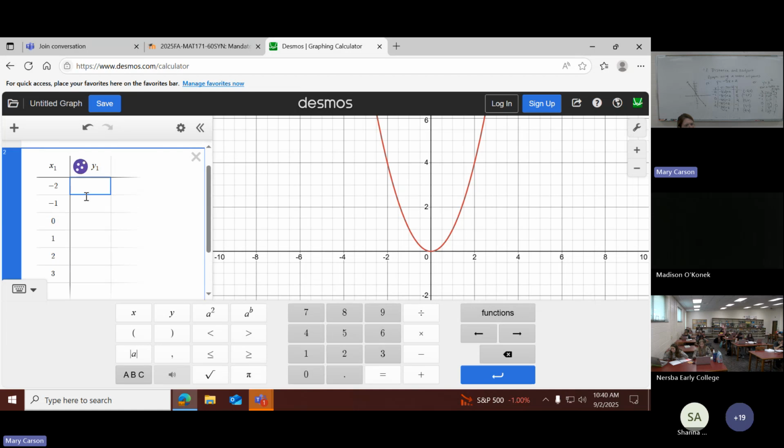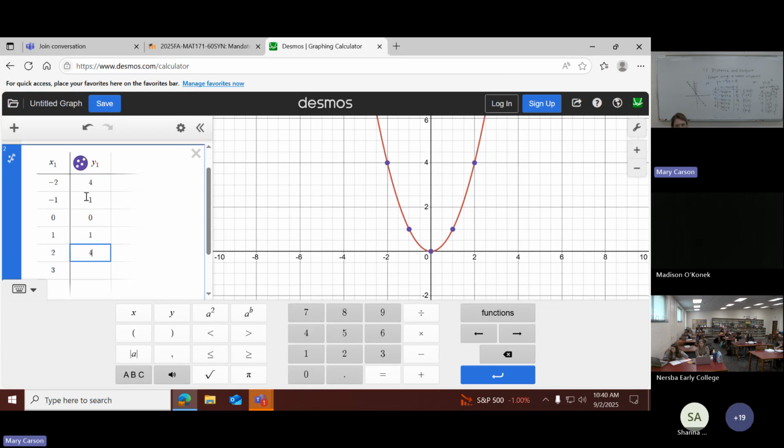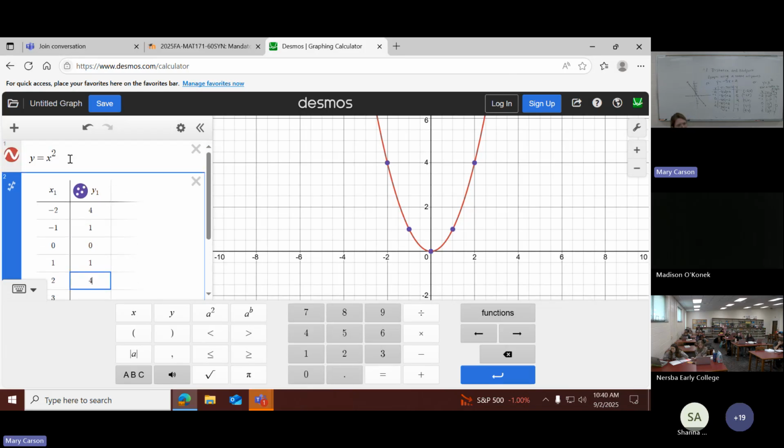And I would do, this will be 4, 1, 0, 1, 4. So you can see there's the graph. You could just type in y equals x squared and see the graph and pick points from it too. But this is Desmos. You can see this, right? Okay. This is Desmos. It's an online graphing tool if you don't have a calculator, but it's just another way